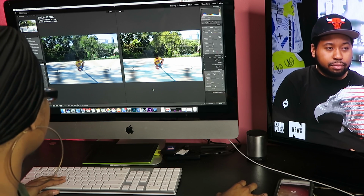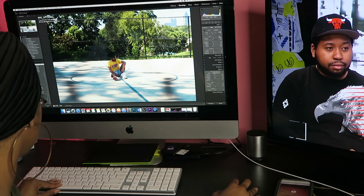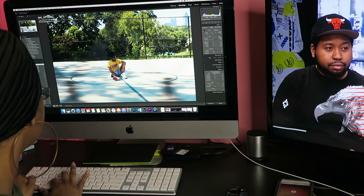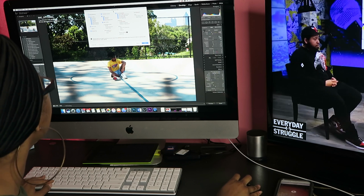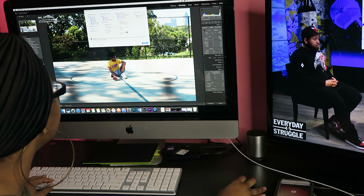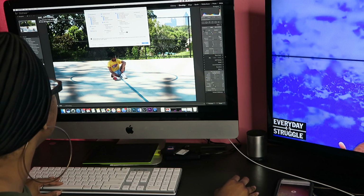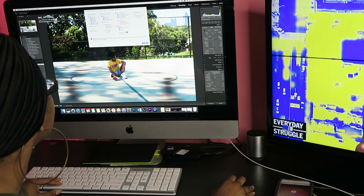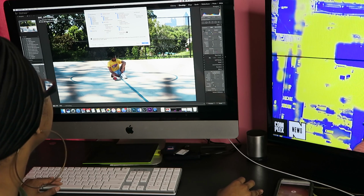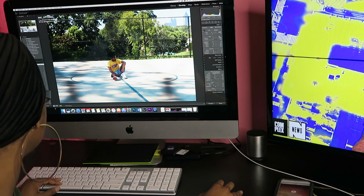And then something that you can always do is I'm going to go back here. I'm just going to press this little button and get back to the full image, and then I'm going to press Command C if you're on a Mac, and copy the settings, and then you can actually paste it onto the next image and get the exact same look. So I'm going to add this vignetting on there because I did a little bit of that on here. Then I'm going to copy everything, and then we're going to go to the second image